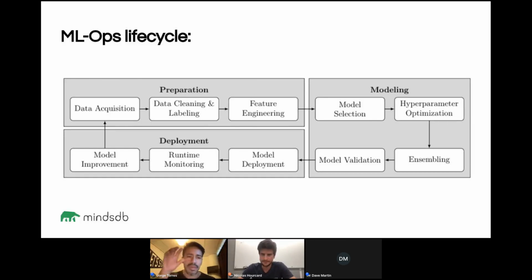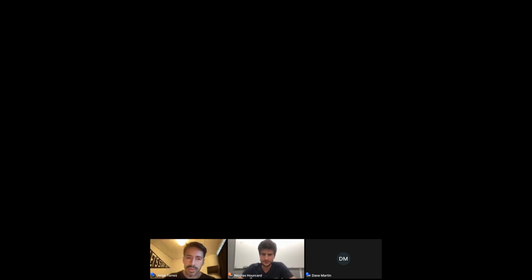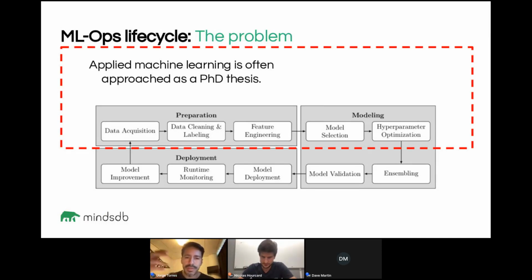If you think of the MLOps lifecycle, you have preparation, modeling, deployments. And we start with the intuition that perhaps doing the first step, the way that we learn machine learning is not the way that we should be applying machine learning.